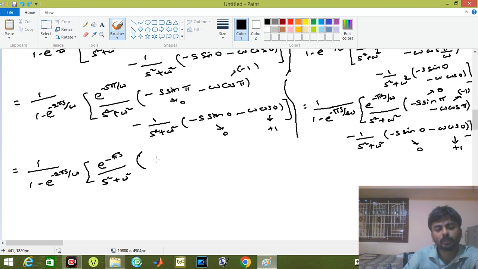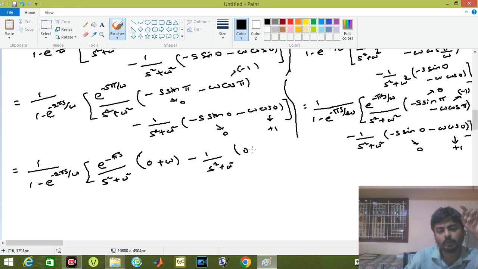Minus s into 0 is 0, cos this will become omega into minus 1 will become plus omega, then minus sin 0 is 0, this is minus omega, here it is plus 1, so you will get minus 1 divided by s square plus omega square of 0 minus omega. Here also you get the same thing,